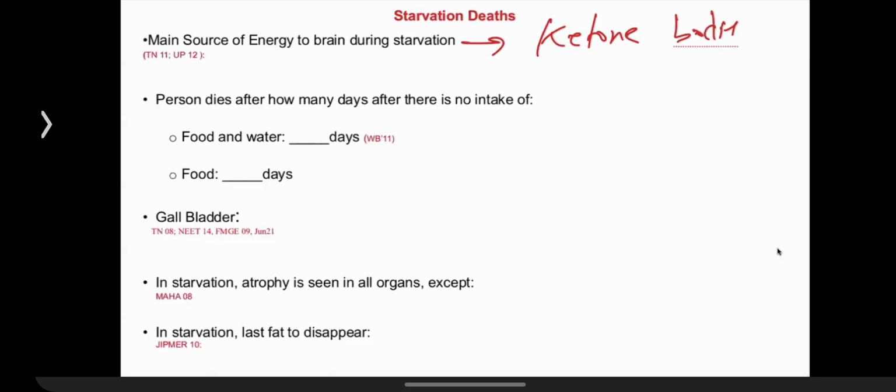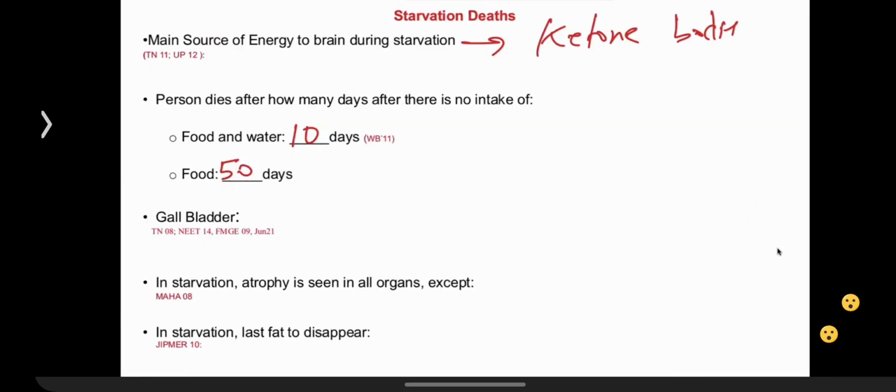Person dies after how many days of no intake of food and water? About 10 days if no food and water. If only food is not there but water is there, maybe you can say 50 days. Please remember